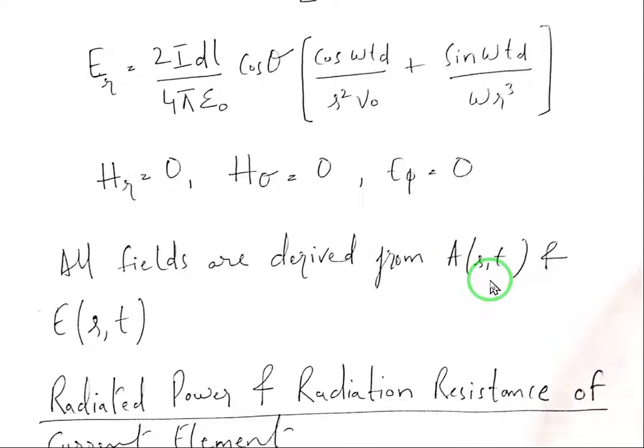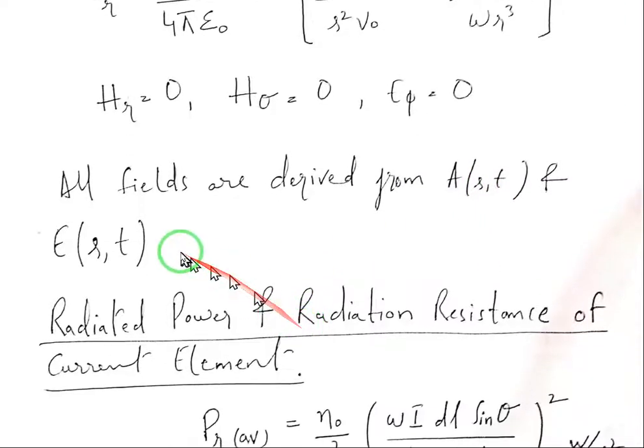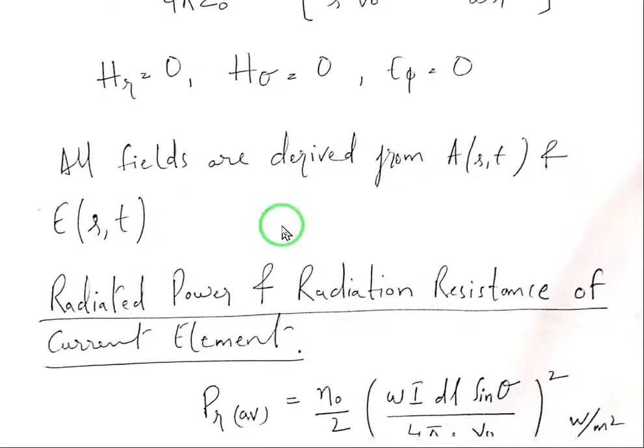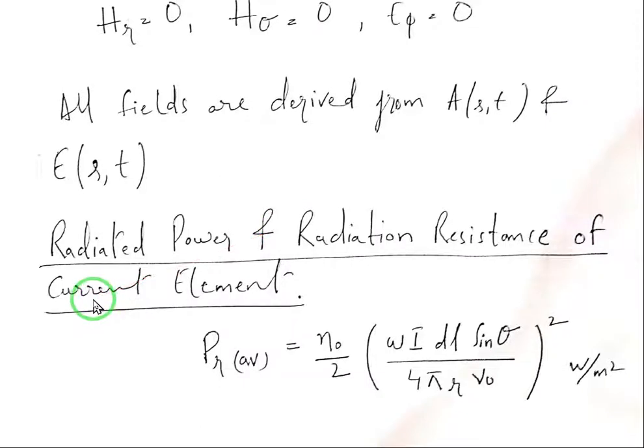And I have told you before that all of the fields are derived from the previous approaches that have been used to derive the electric potential and current. All the fields are derived from these two equations that have been generated in the previous chapter. Now, moving forward,